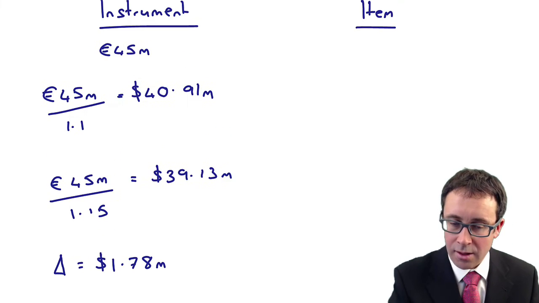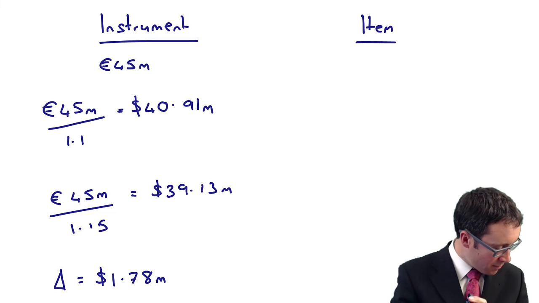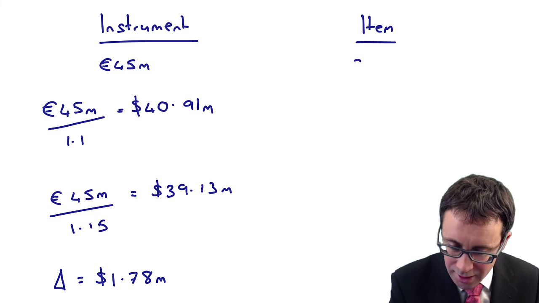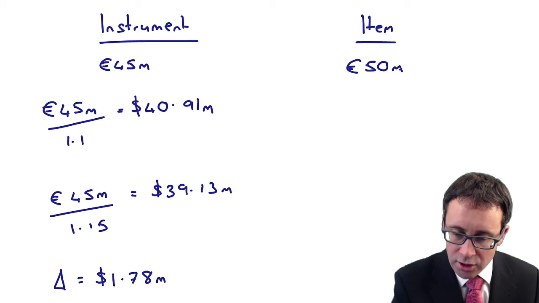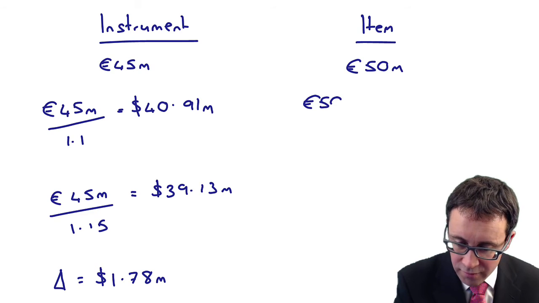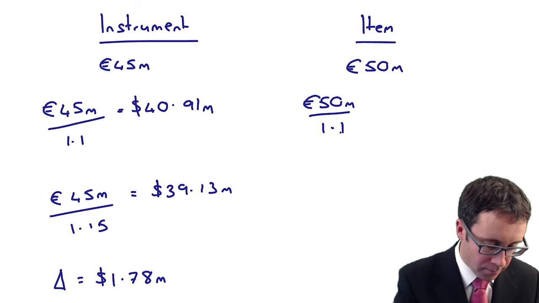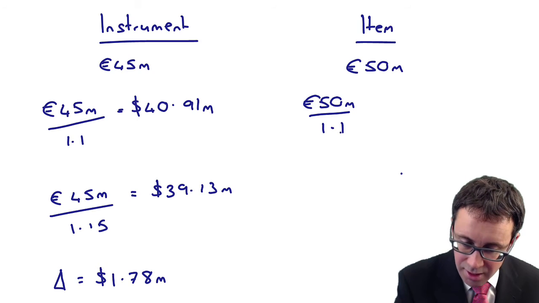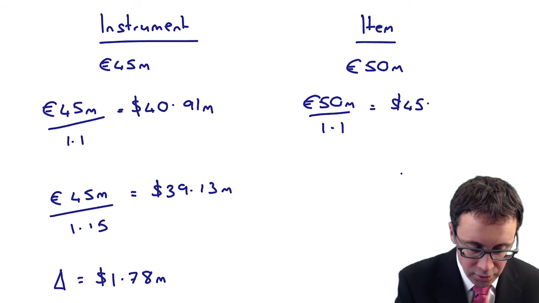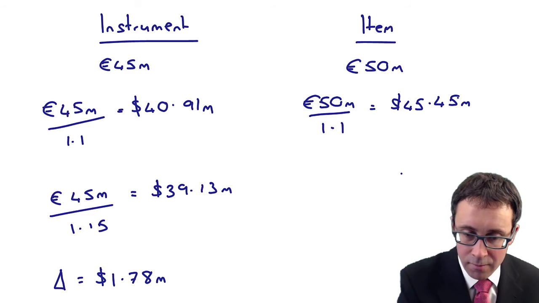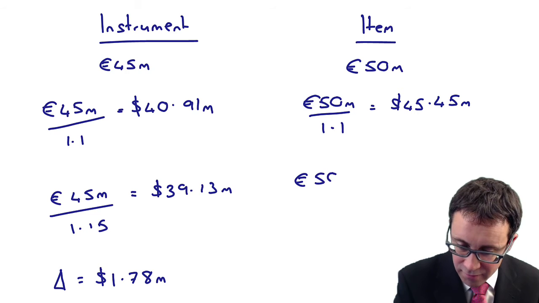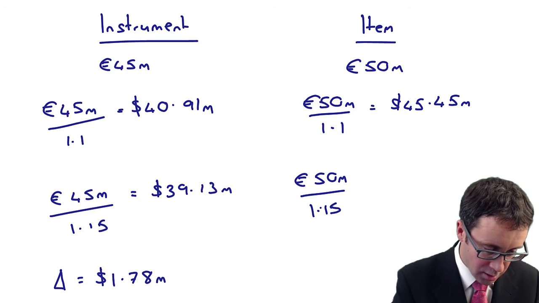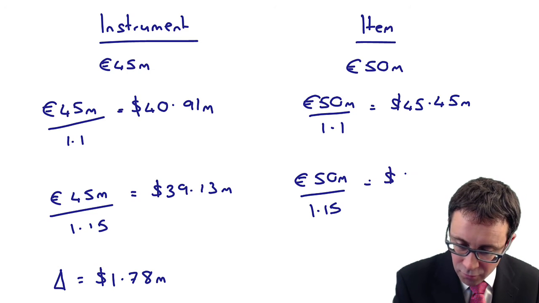Okay. If we go through there and look at the item, if memory serves me right, my memory's fading. It's getting worse as I get older. But there we go. 50 million euros. So again, you do your 50 million divided by the 1.1. Is that the $45.45 million? If you then take the 50 million divided by 1.15,